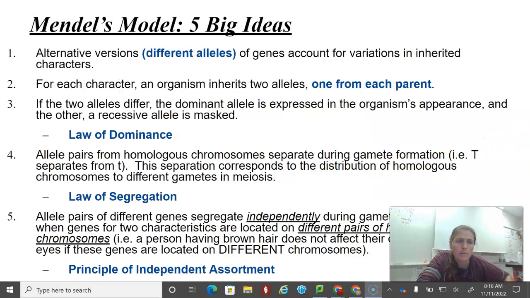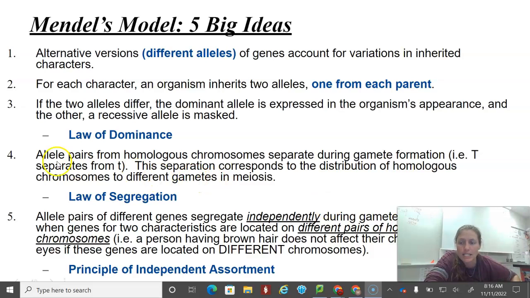So Mendel, doing these experiments, came up with these 5 big ideas. The first idea was that there are alternative versions of genes. He saw purple, he saw white. He was like, hey, that's the same gene, but it's two different expressions. And so he coined the phrase that they were alternative forms of a gene, which we now call